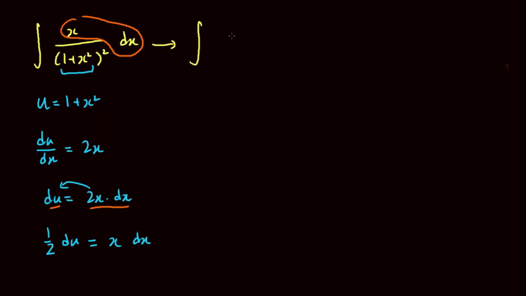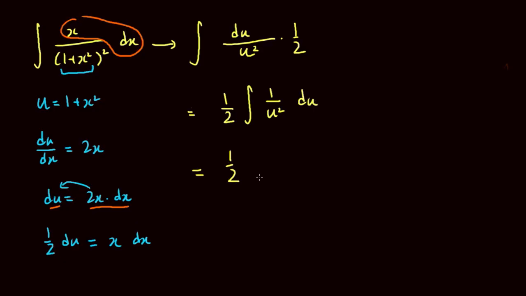We're left with du over u squared, times a half. By the way, u squared, don't forget the u squared, I almost forgot about that. So this becomes half, I put it to the outside, of 1 over u squared with respect to du. And this can be written as half integral u to the power of negative 2 du,